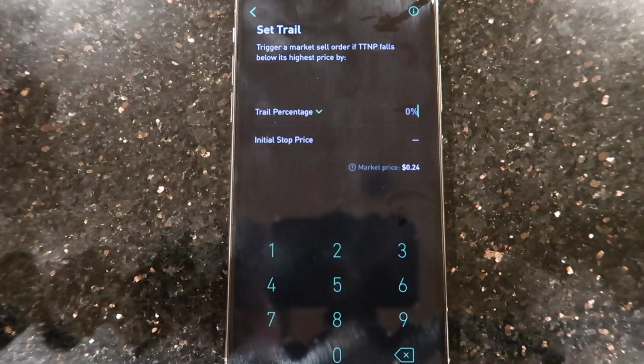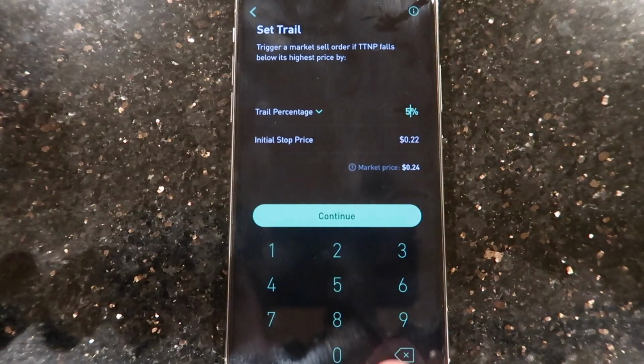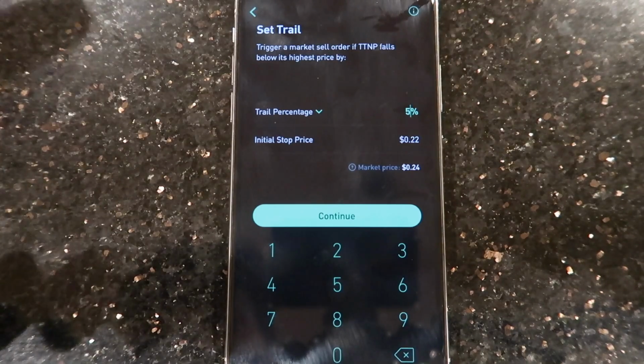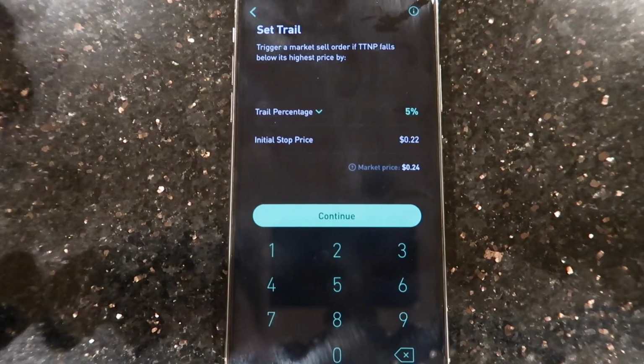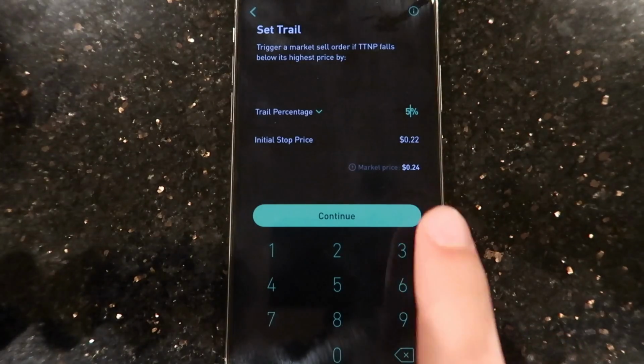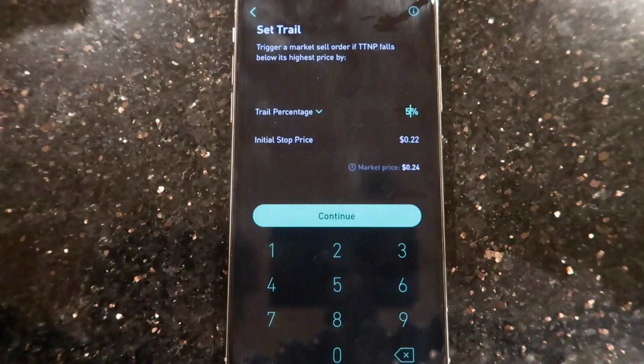So if you guys go ahead and check this out, it says set trail. The definition is to trigger a market sell order if TTMP falls below its highest price by, let's say, 5%, because I like 5%. 5% means that it will be a stop loss. Let's say something bad happened with the company. A news article came out saying that my company is going bankrupt. My company is going to lose a bunch of money. A lot of investors, it's going downhill. So as soon as the market price reaches about 22 cents, my shares will automatically sell, giving me a loss